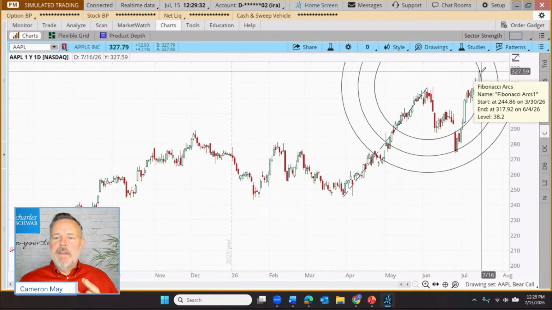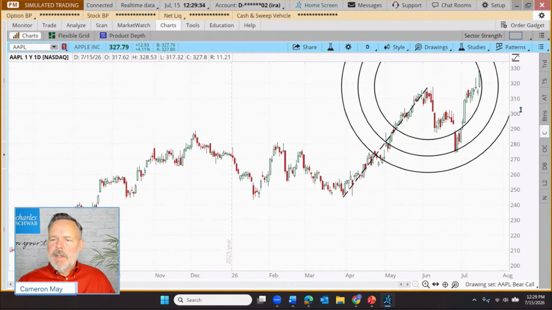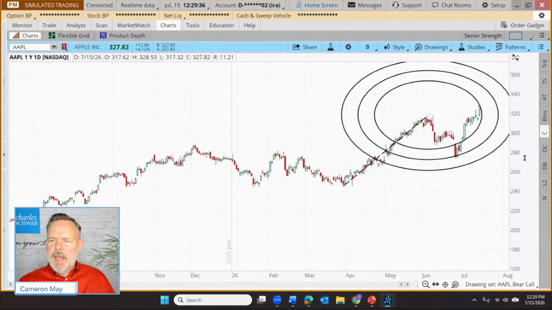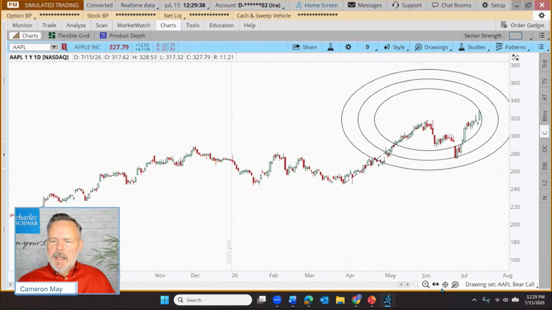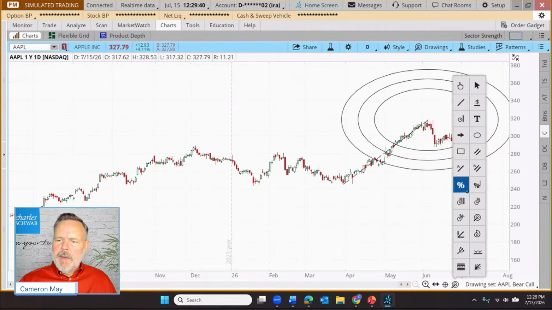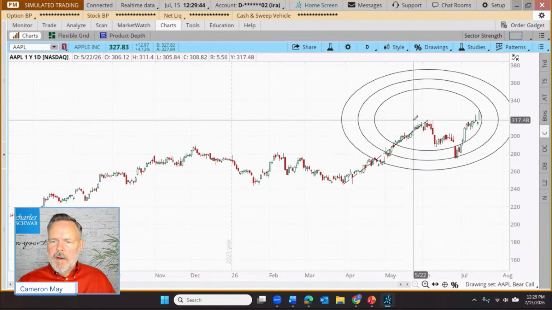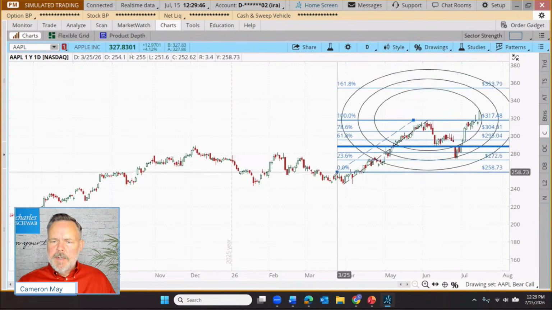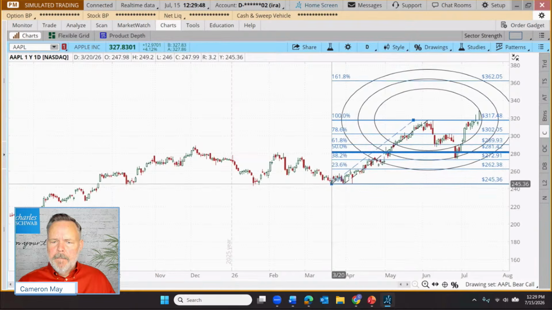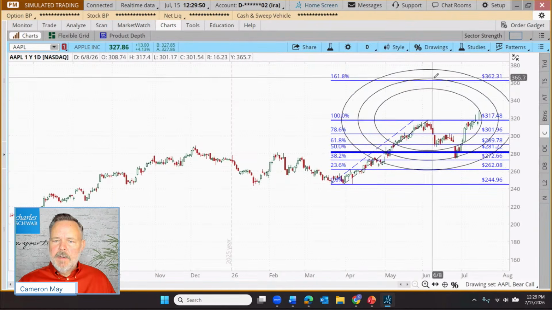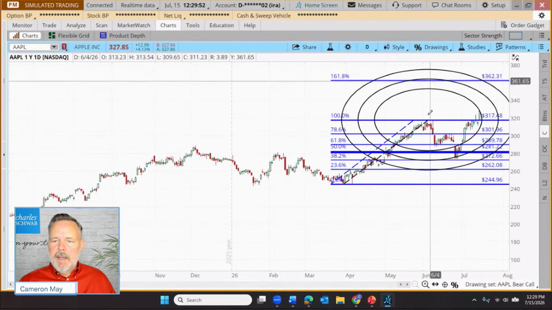But just be aware that the Fibonacci arc is a combination of the two, and we can actually illustrate that. Let me squish this down a little bit. If I were to draw a Fibonacci retracement on here, let's go to the top of this arc. Let's move down to the bottom. And you'll notice there are intersections. I didn't get this exactly right, but close enough.